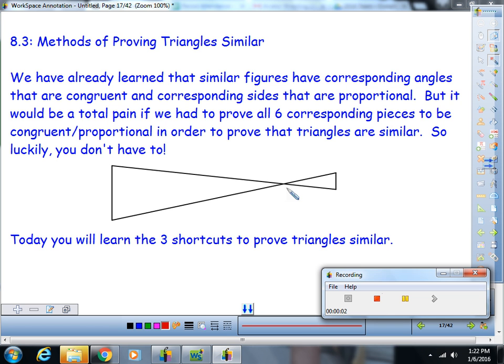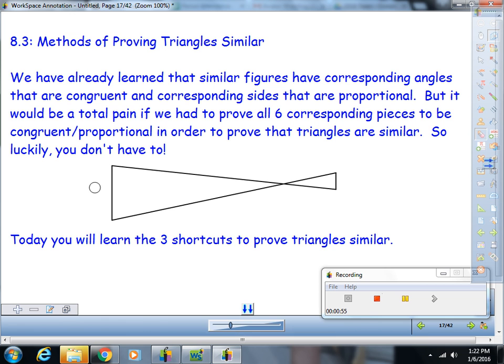We already learned that similar figures have corresponding sides. So if this side was, well, let me do this. If we had A, L, I, E, E, N. Okay? Well, if we knew that if we had to use the long way to prove these triangles